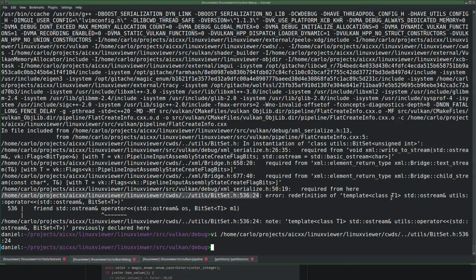Redefinition of template class T1 standard OStream utils operator less than standard OStream reference bit set. Note template previously declared here. Same file, same line number, same everything.